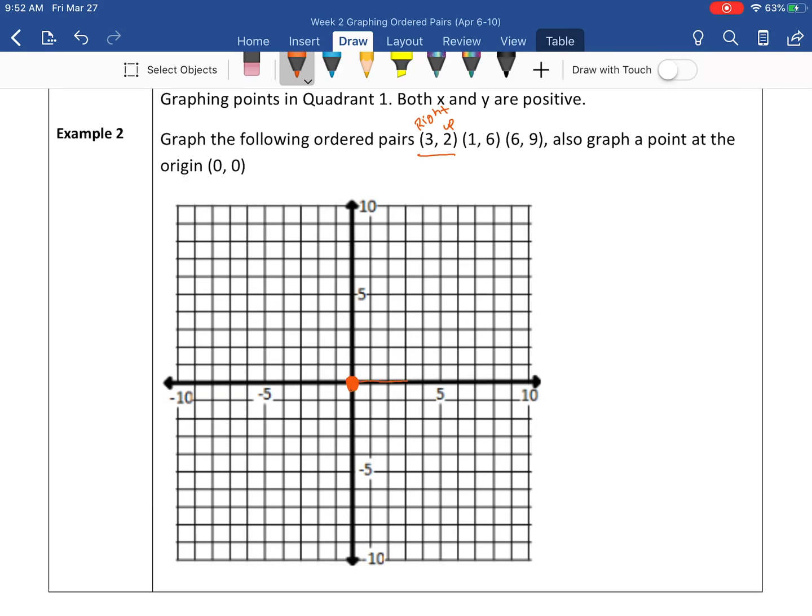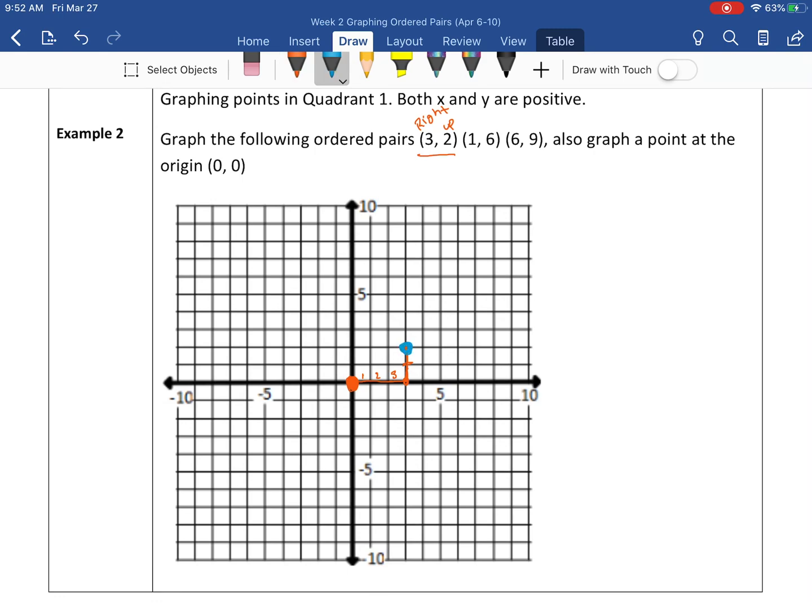So to the right, 1, 2, 3. Notice how I moved over 3 squares. Here's 1 square, 2 squares, 3 squares. And then I need to go up 2 squares. So up 1, up 2. So the point (3, 2)